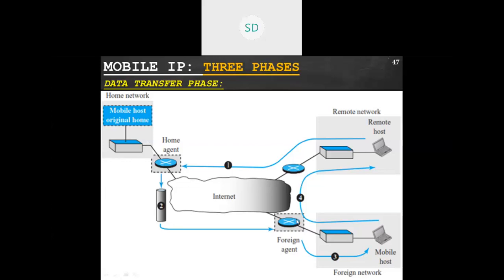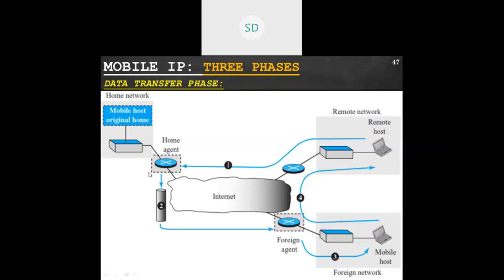That is, the home agent encapsulates the whole IP packet inside another packet. Remember, initially the IP packet transferred by the remote host contains the source address and the destination address as the home agent. It will be received at this home agent. Now again, encapsulation will take place, encapsulating the address of the foreign agent. So one more packet will be added, encapsulated along with the previous packet, and that packet will be routed to the foreign agent. That is nothing but the home agent